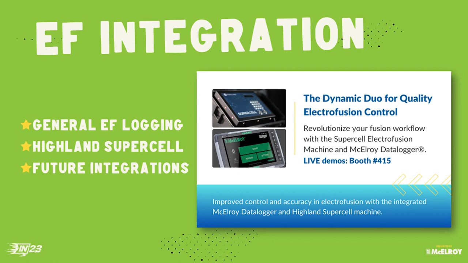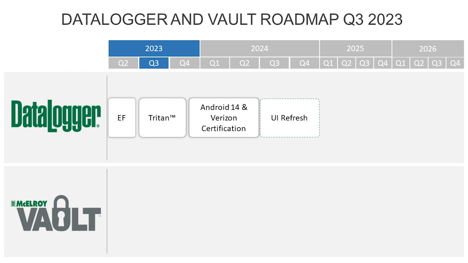Where I want to end on data logger, and then we'll jump over to Vault, is talk about roadmap. So this will get into a little bit of Pat's question. So here's where we're at. Electrofusion we have out there, it's live, it's available. Triton's our big focus right now when it comes to data logger. Working through all the testing, all the validation that we're doing to make that product right. Again, you'll see more of that